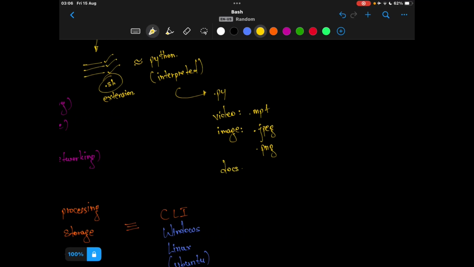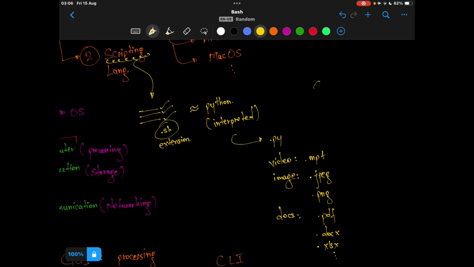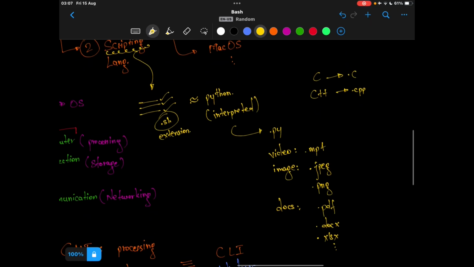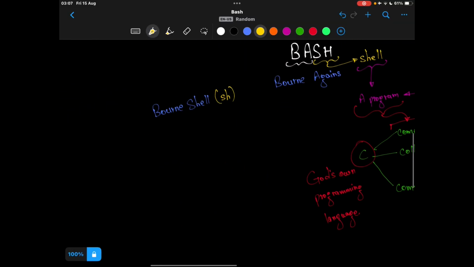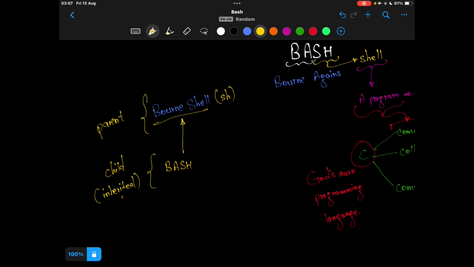Documents can have multiple formats like PDF, docx, xlsx, etc. Of course, we know that C files end with .c and C++ files end with .cpp. The .sh extension is inherited from Bourne shell. So Bourne shell was inherited by Bourne Again Shell. This is the parent, this is the child, which inherited a lot of features and contributed a lot.